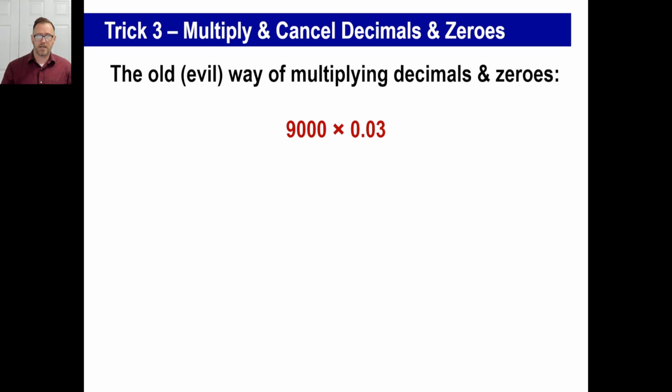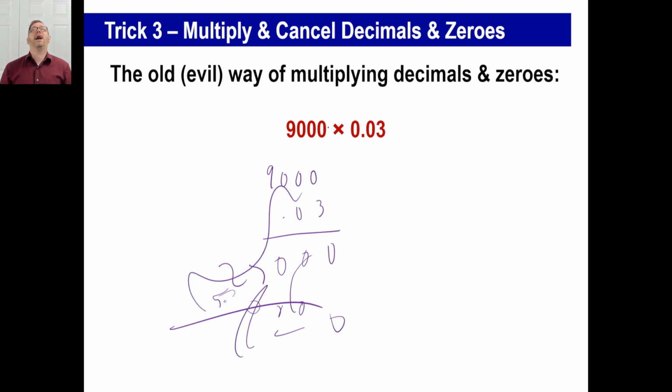So, all right? Before we start here, this is the old, which is to say evil, way of multiplying decimals and zeros, okay? And when I say evil, I mean evil. This is what they did to me when I was a kid. 9,000 times 0.03. Okay, I almost became a gypsy or something, wanting to wander the desert for the rest of my days, but